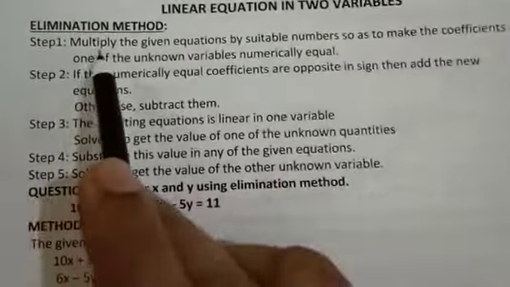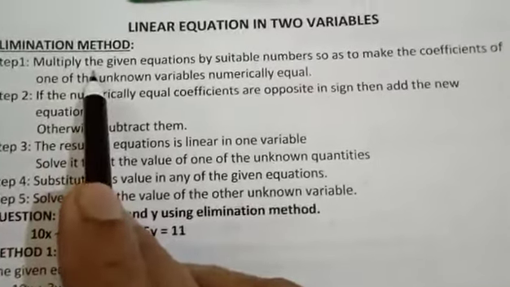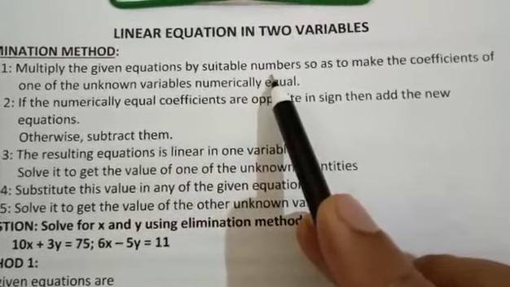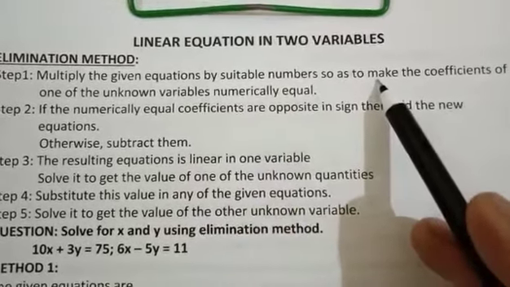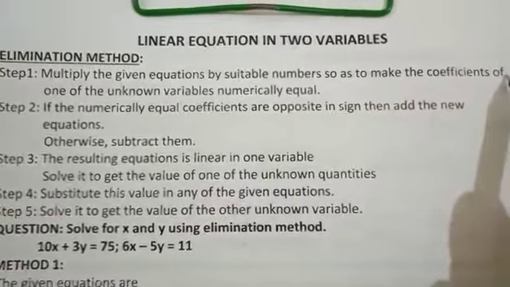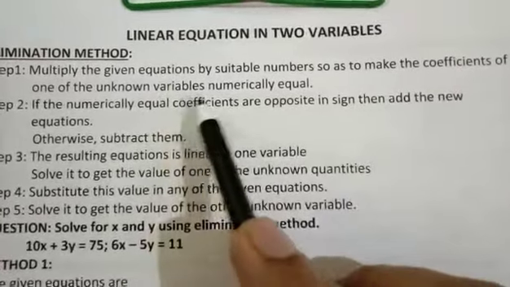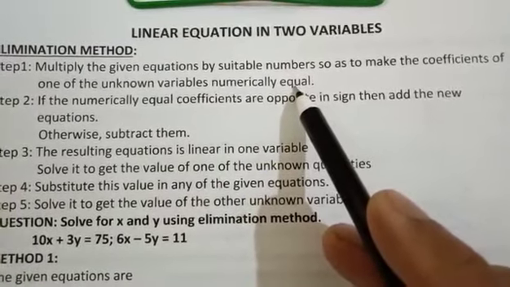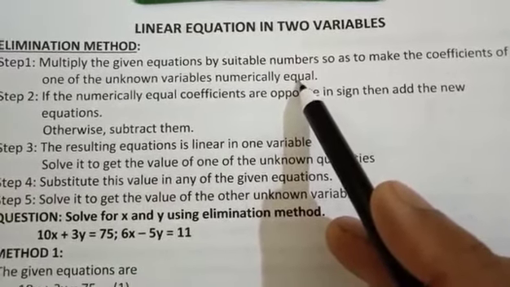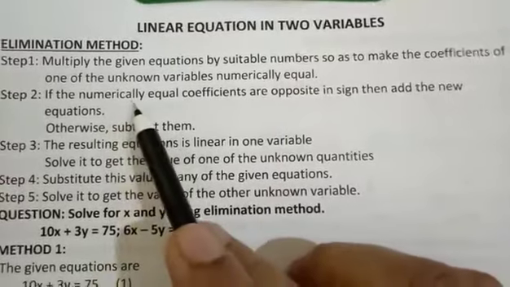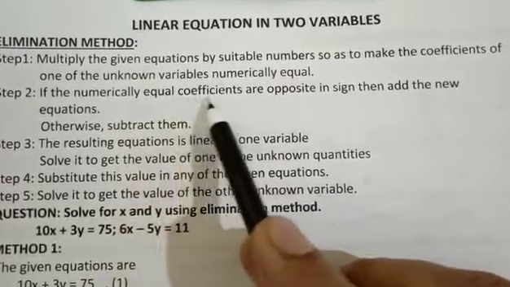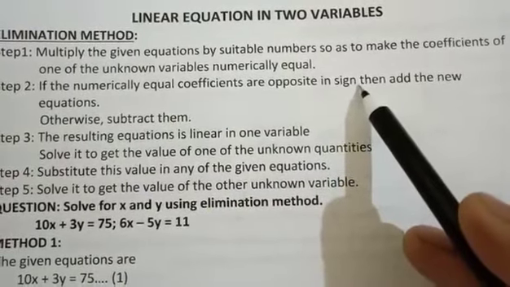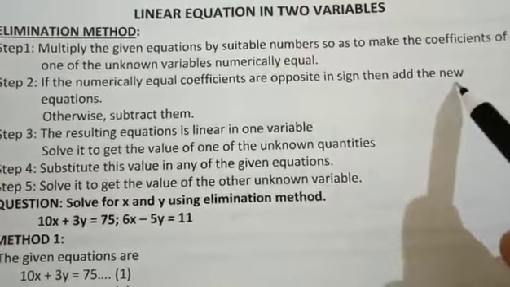So step number one is to multiply the given equations by suitable numbers so as to make the coefficients of one of the unknown variables numerically equal. That is step number one. Then step number two says if the numerically equal coefficients are opposite in sign, then add the new equations,